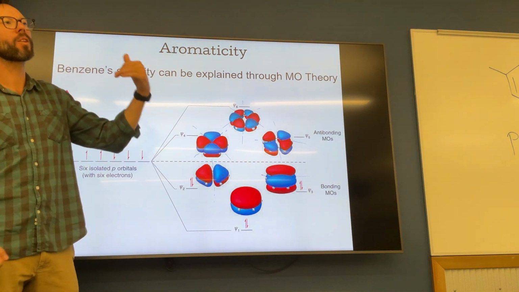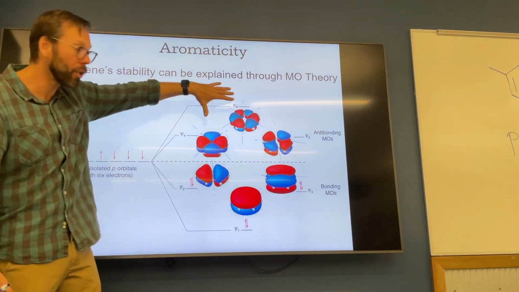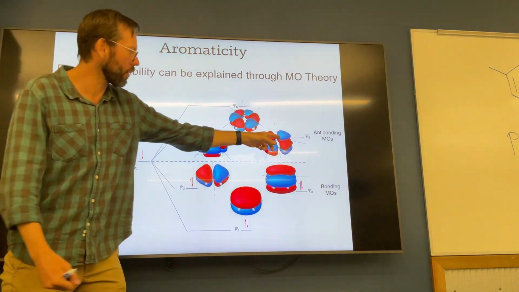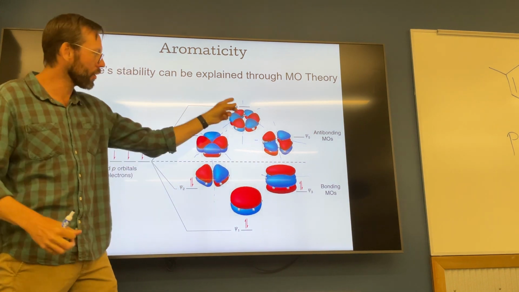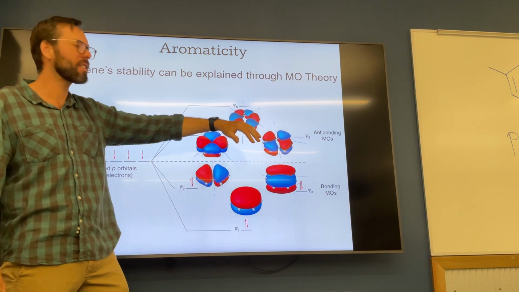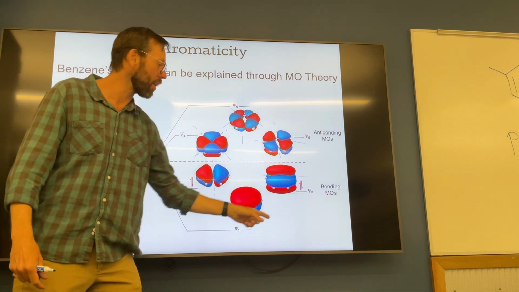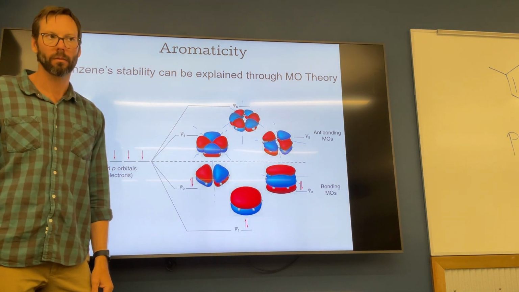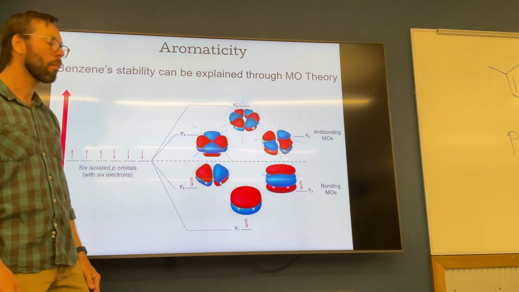And so what makes benzene so stable is that it doesn't have to go in. I mean, it could, right? Here are a couple nodes. Here, the same number of nodes, but there's less overlap. Here's even more nodes. The more nodes, the less stable, but it doesn't have to jump up into this configuration because it can satisfy those pi bonds in all of these bonding molecular orbitals. And those kind of represent all the p orbitals from each carbon coming together, so the molecular orbital.